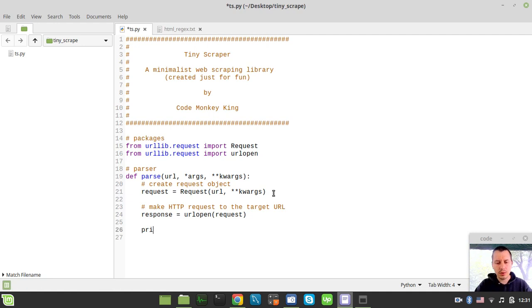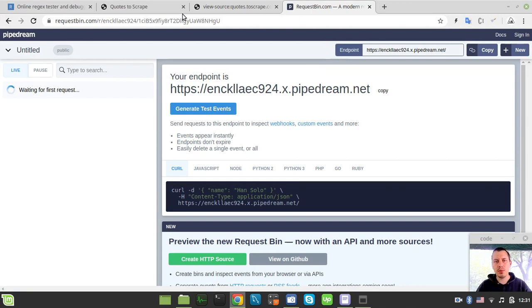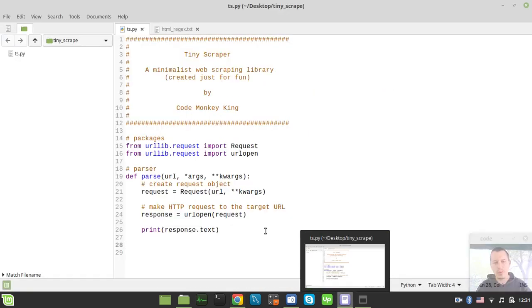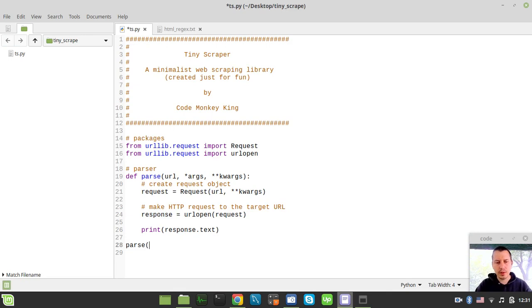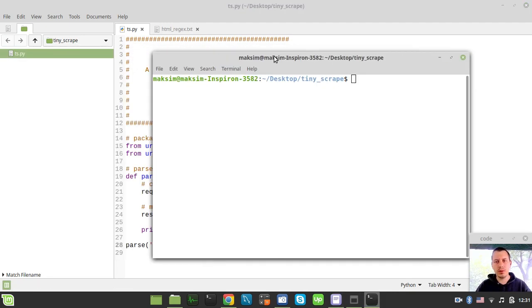So also, just for debugging purposes, let me print the response.text. So from now on I can already start checking out if this kind of works. Let me just try to grab this endpoint. I'm using requestbin.com. I created a public endpoint to inspect my request basically. So if I say just parse and provide the URL, and also I want to open the terminal in the current working directory, so let's say python3